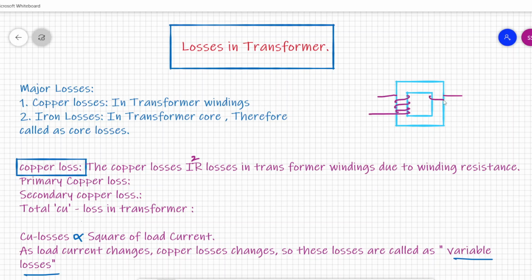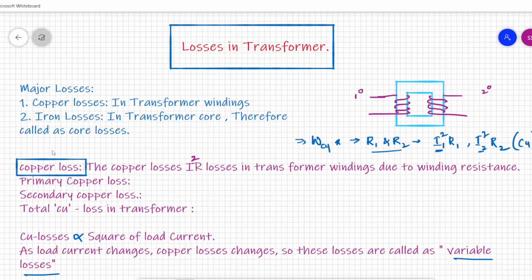So we have a magnetic material as a core, and we have two windings, primary and secondary. I have already told you the primary and secondary windings will have some internal resistance R1 and R2. Whenever current flows through these resistances, there will be a power drop across them: I1 square R1 and I2 square R2. These are copper losses, as I mentioned earlier. As our current varies, our copper loss will also vary because it is a dependent quantity.